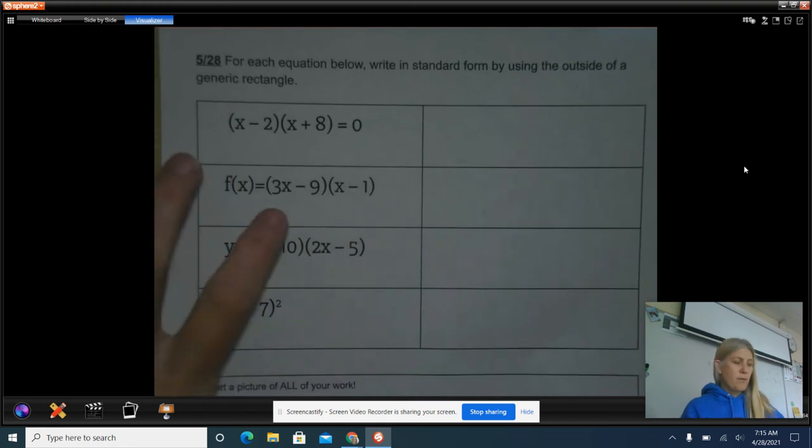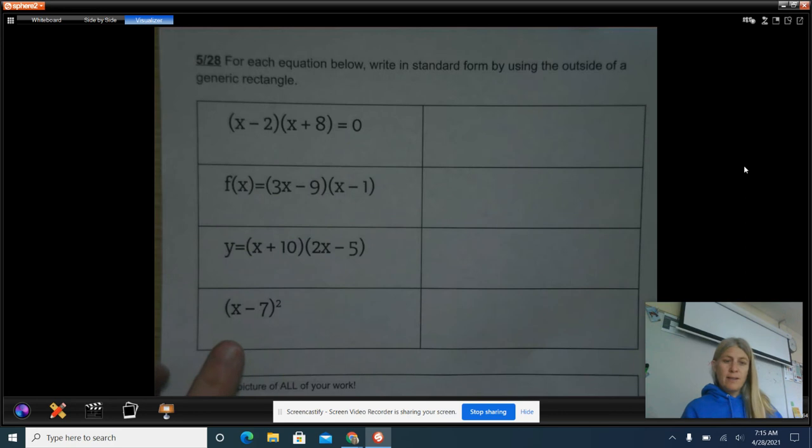Here we'd have a root of 3 and a root of 1. Here we have a root of -10 and 2.5. And here we have a single root, so that means it's the vertex at 7. However, what we're going to be doing in this product form today is we're going to work backwards. We are going to take a look at the product form, which we can get from the roots, and then